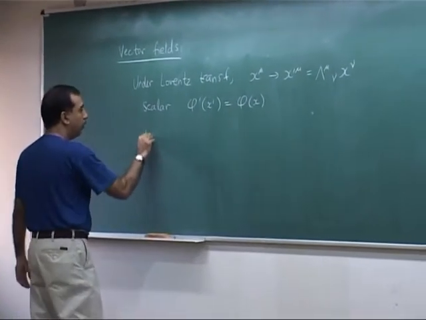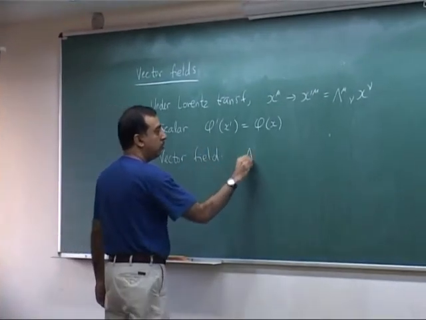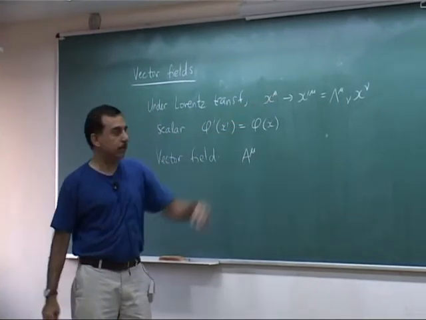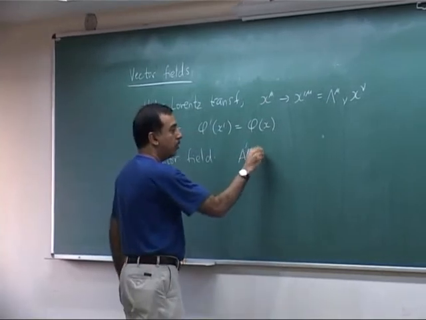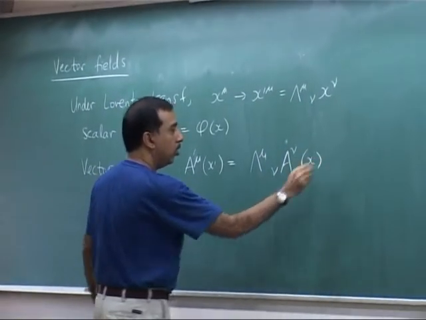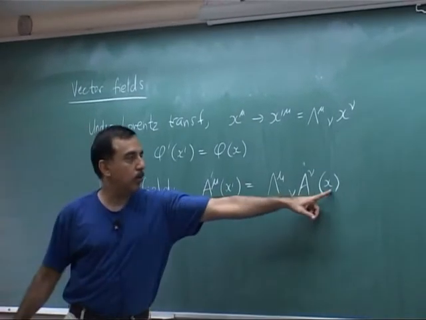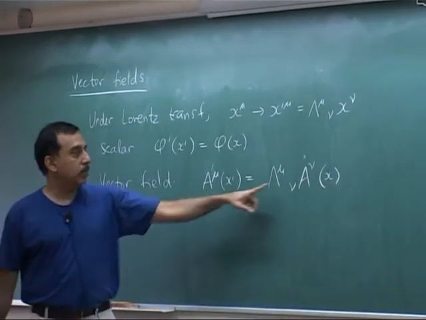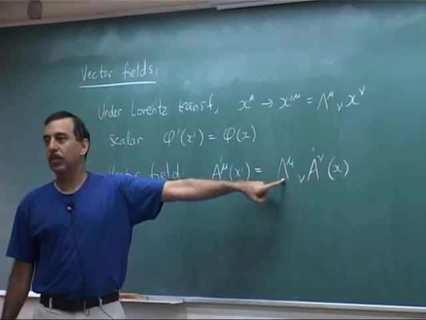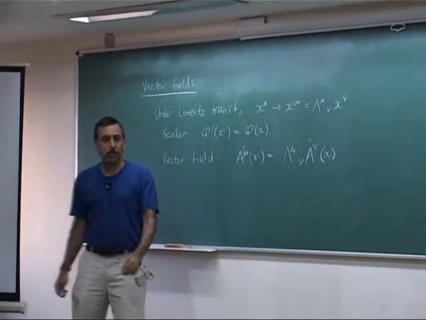What's a vector field? The natural definition is to say that it has one index, just like the index of x, and that A prime mu of x prime is equal to lambda mu nu A nu of x. What has happened is that not only has x gone to x prime, but the vector A has got rotated, or in a generalized sense rotated, because this includes rotations as well as boosts. It's got Lorentz transformed. So it's a natural definition,